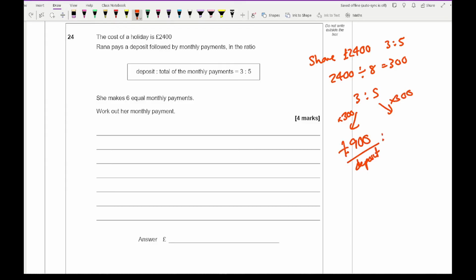And the monthly payments are going to add up to 1,500. So what we then want to do is 1,500 divided by 6. So again, what I'm going to do is get my bus stop open, and then that becomes 2, and then 50. So monthly payments are going to be